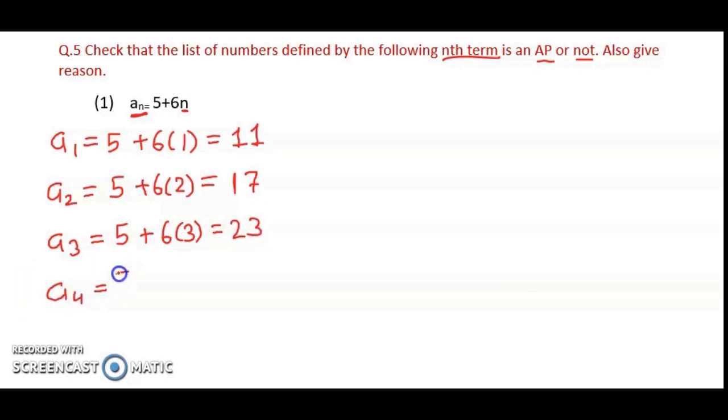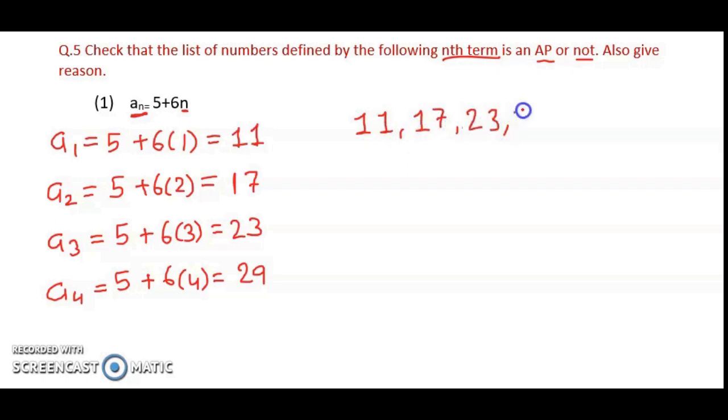And to find out the fourth term, we will put 4 in place of n, so we will get the answer 29. So here we get the list of numbers 11, 17, 23, 29 and so on. So here if you see the difference between consecutive numbers, you find out the difference between